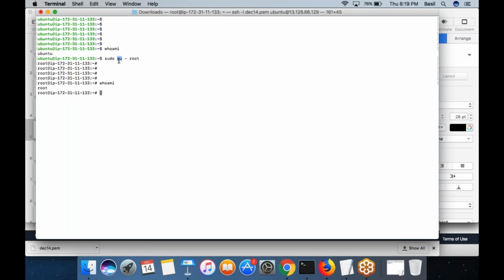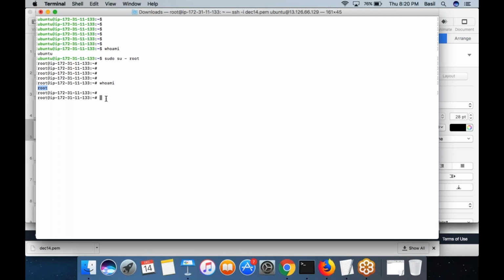In Linux, this is the command you need to use if you want to switch to a different user: su - root, right? Now run the command whoami to verify that you successfully switched to the user. Right now you are root. So now whatever command I execute, I am going to execute it with the permissions of the root user.